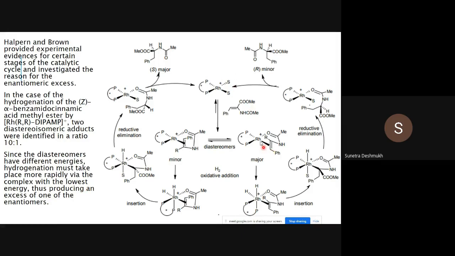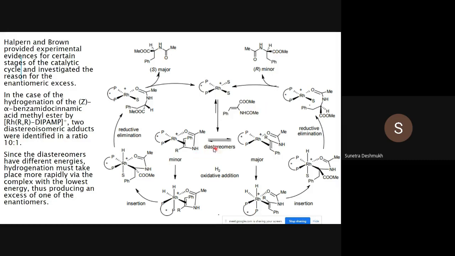So, the proposed mechanism. Let's have a look at the mechanism. In the rhodium-based catalyst, two solvent molecules are attached here, and the chiral ligand is attached on this side. Okay, so we are going to add the molecule we are going to reduce with the help of the rhodium based catalyst. So here is our carbon-carbon double bond. The ester group is also there, the amide group is also there, and the carbon-carbon double bond is also there. We are going to reduce only the carbon-carbon double bond. So you can see in the product we have reduced only the carbon-carbon double bond.